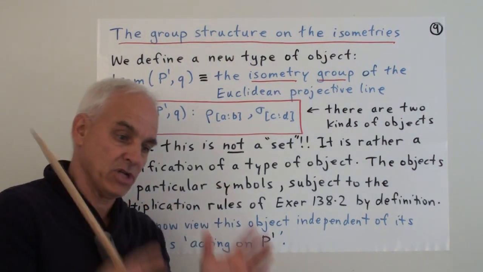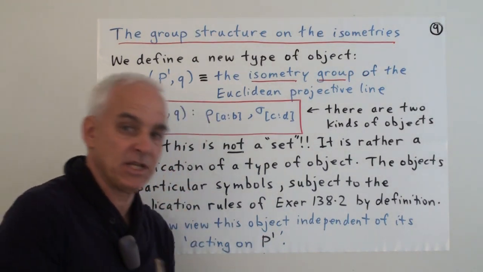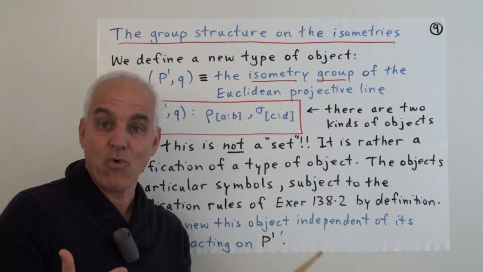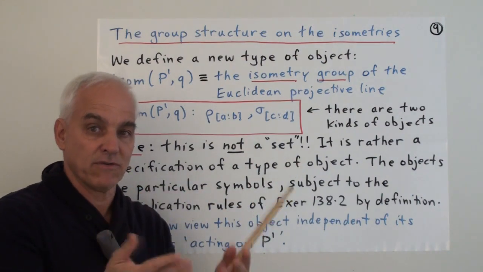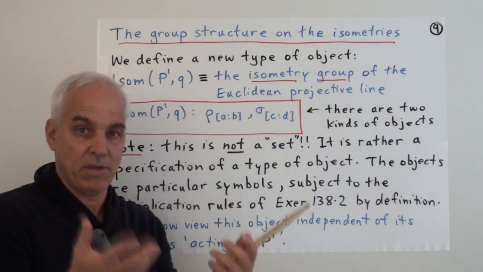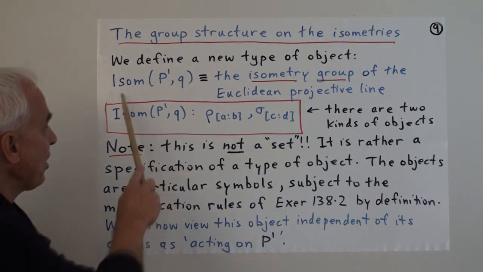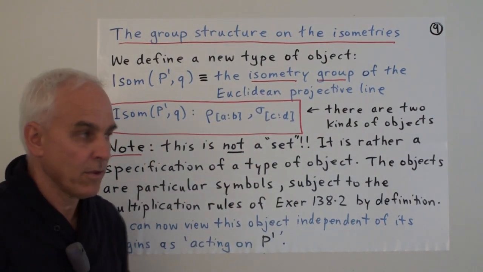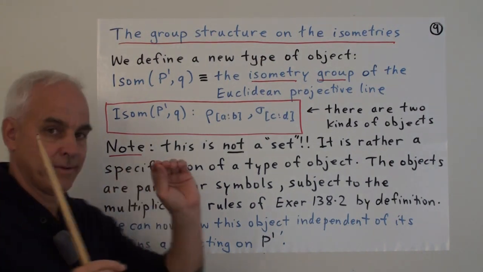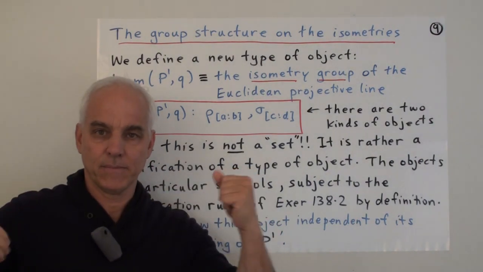All right, we start with a projective line. We impose this particular notion of quadrance, or projective quadrance, and then we see these various notions of reflections and rotations and so on appear. Okay, and we call this the isometry group of the Euclidean projective line. And what actually is it? What does it consist of?